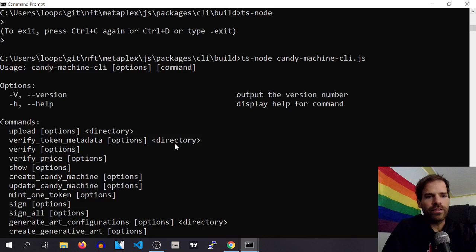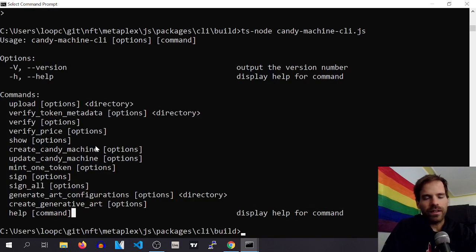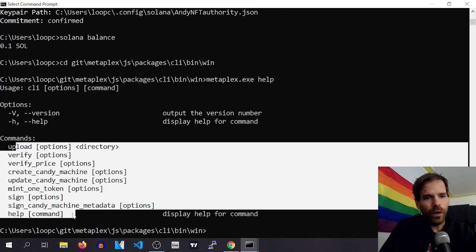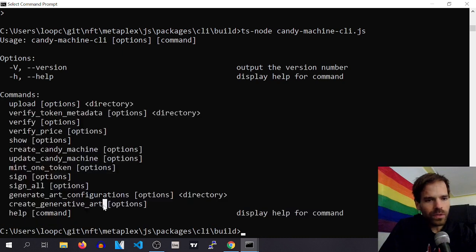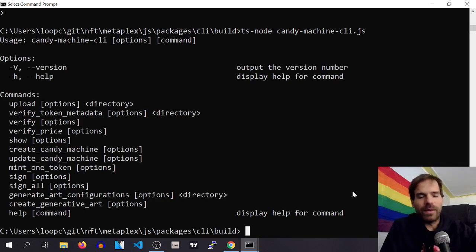There we go. That gives us all of the options that this Candy Machine CLI can do for us. If we compare that to the options I had back when I was first running it, we now have a bit more options, which is cool. I've never used that, so let's see if that actually works as well. Okay, so I'm assuming that it works the same way as my metaplex exe. We'll just try it, and we're gonna try it right on the mainnet because ain't nobody got time for deploying